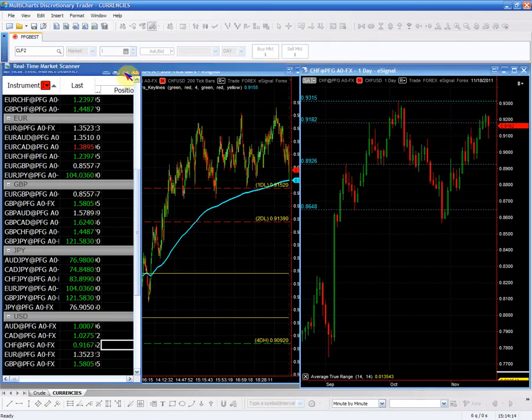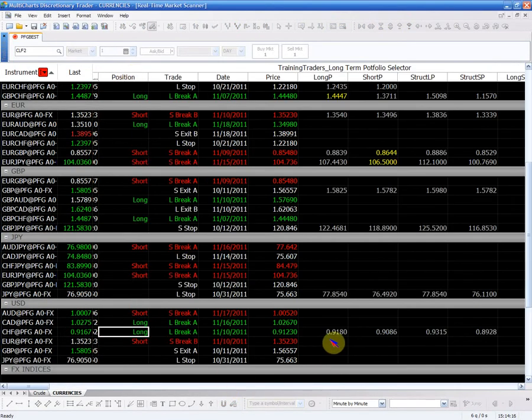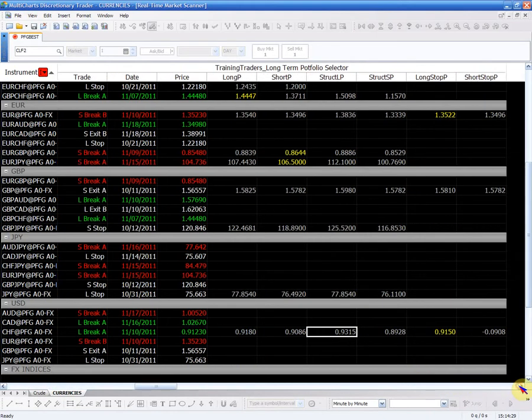Right. So to wrap up the dollar Swiss, we're going to go long above 91.80, and my structure long is 93.15, and if I do take it long, I'm going to place my stop below 91.50, so I'm risking about 30 pips on that trade. On the short side, I'm only going to go short below 90.86, and if I do, I have a structural short point at 89.28, so I have about 150 pips to the downside,